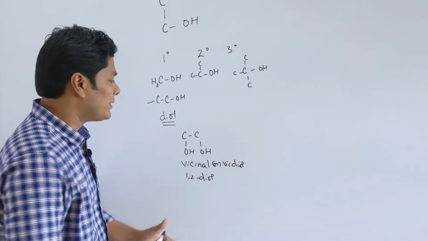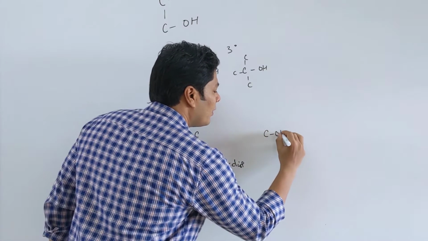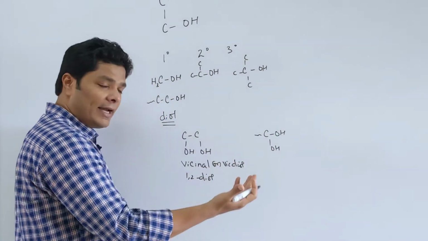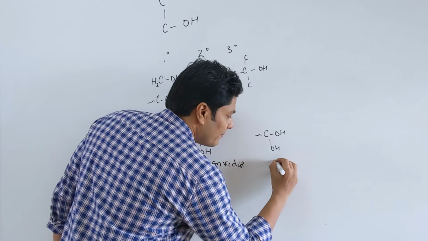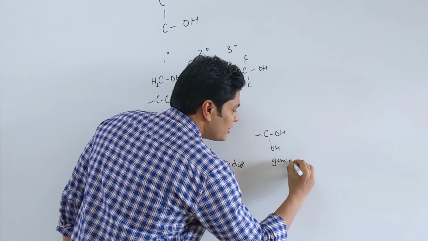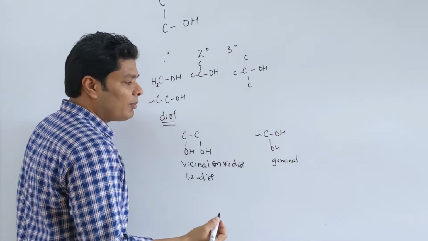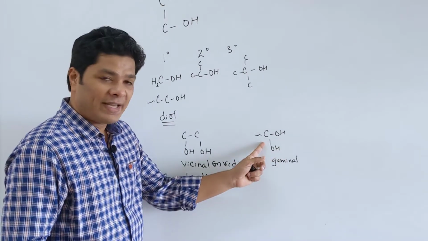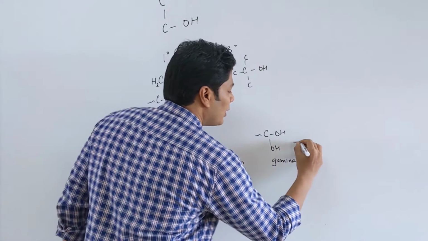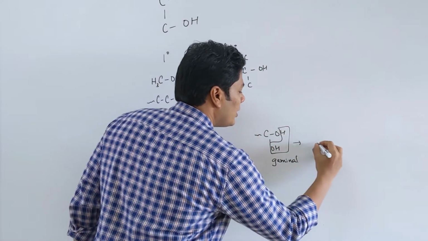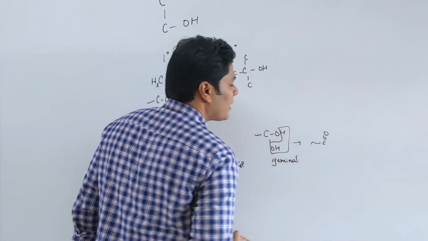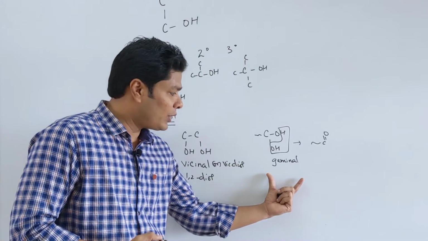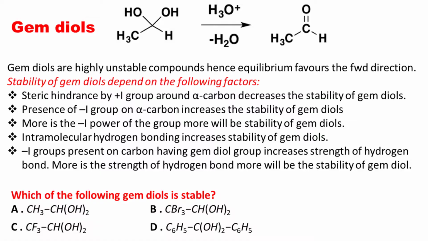Now, if you were to do the same as in an alkyl halide, where you have both groups attached to the same carbon, in an alkyl halide you would call it gem. So, the same I am going to do here, gem or geminal. But one thing you want to remember, unlike your alkyl halide, you cannot have 2 OH groups attached to the same carbon. It will eliminate a molecule of water to give you the corresponding carbonyl functional group. Gem diol is unstable. You want to remember that, as this comes in your exam.